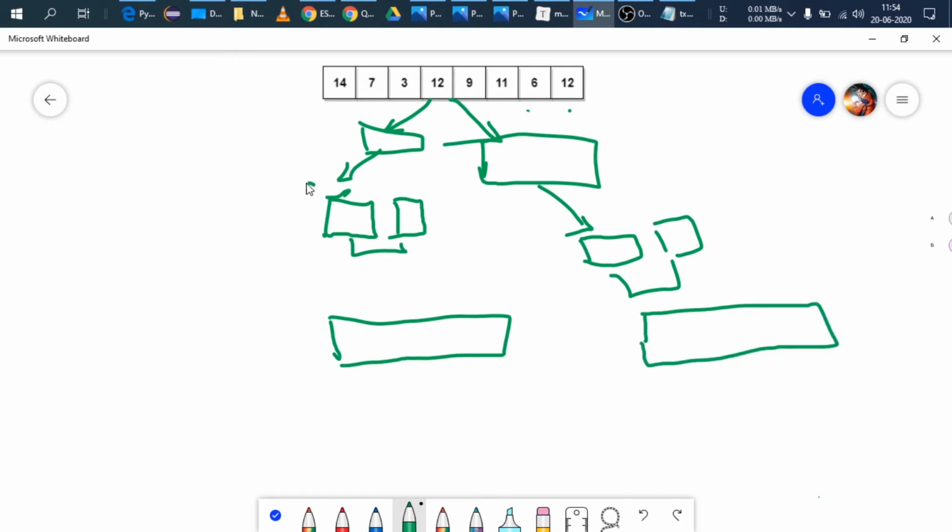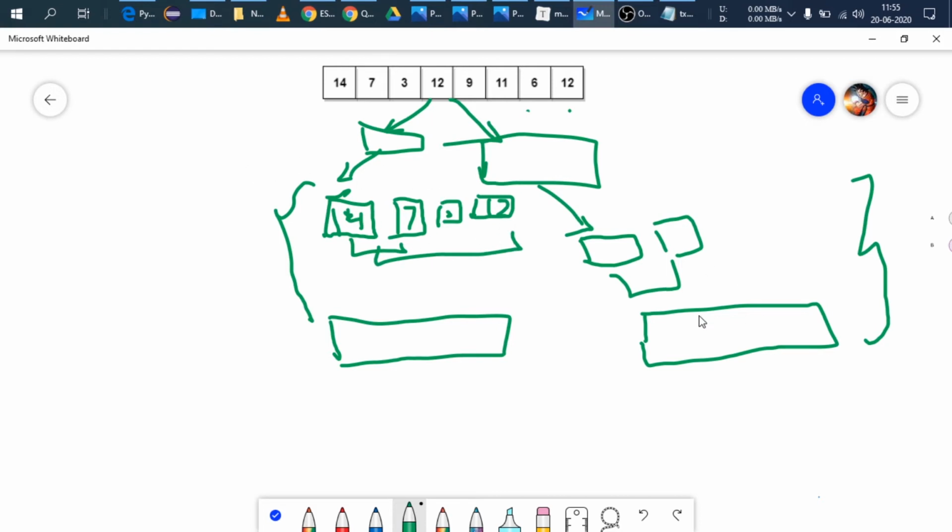While we're doing this whole process, there can be certain conditions. Suppose the first element is 14, and the next element is 7. So 7 is less than 14, so they will be sorted in the cell. And when the next elements come, which are 3 and 12, they are already sorted, but when we merge all of them, they will be sorted in itself. The same case will happen with the right hand side. So when we move to this point, the elements that we'll get will be sorted.